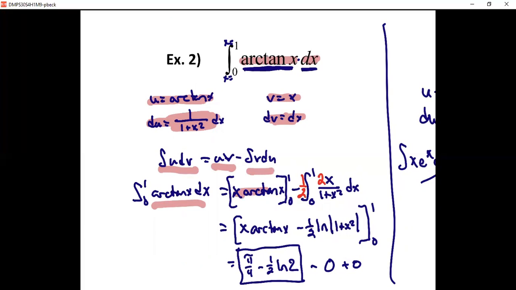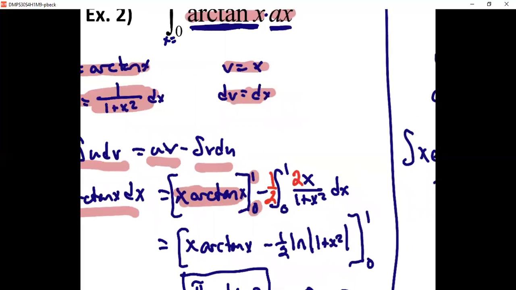Now, once we have our uv, which in this case is x times the arctangent of x, one of the things we must keep in mind is we have taken the definite integral, so we need to include the limits right here. So uv minus the integral of v, and then du is the 1 over 1 plus x squared. Now, if you notice in red, what I've done is I've multiplied by 2 and multiplied by 1/2 so that I could do the